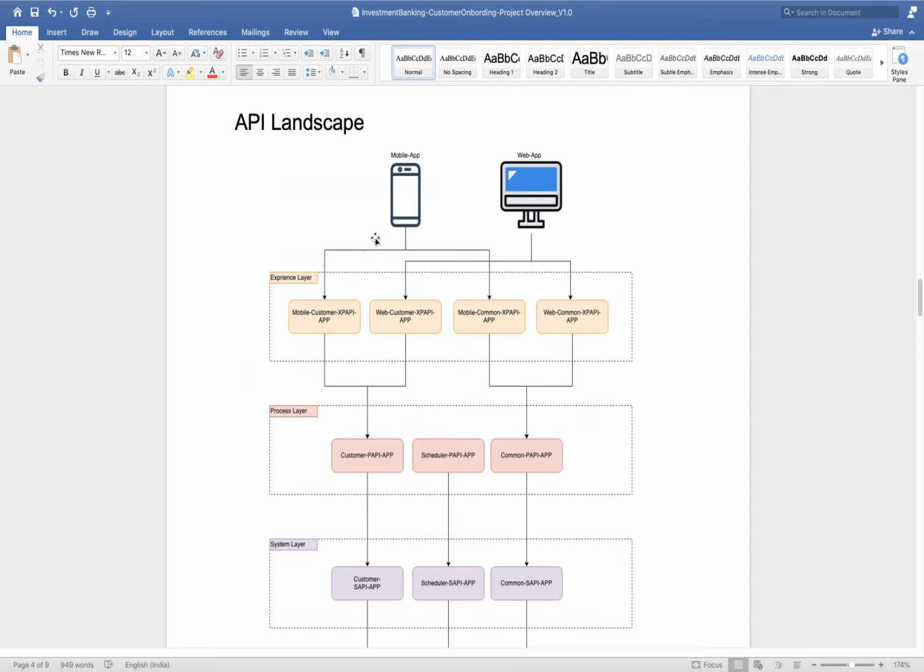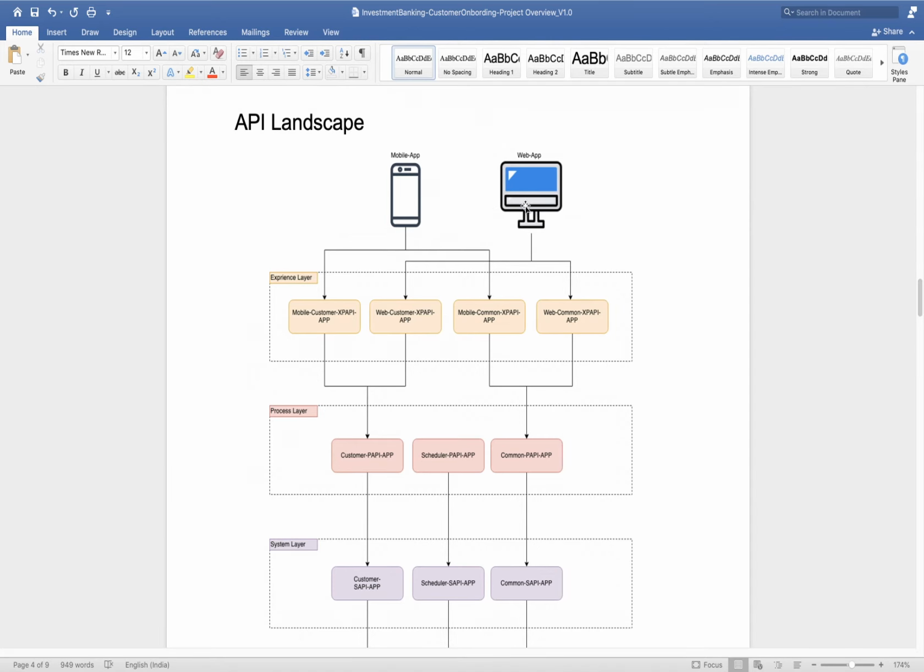In the mobile application the customer will not be able to see their entire detail, only basic details. If he wants to see full detail, then he needs to go to the web application. So for the web application, the view customer API will contain the full set of data. In this way there will be some differences on the experience API, and we will have different experience APIs for different experience systems or external systems.